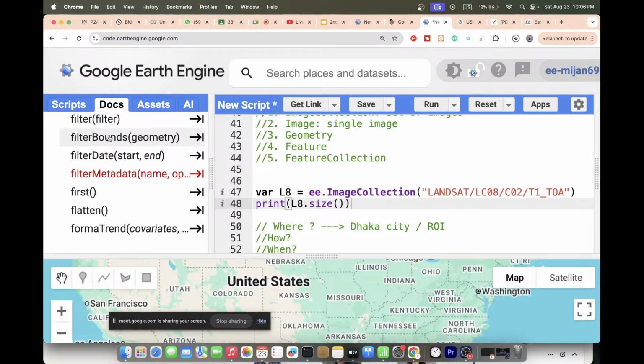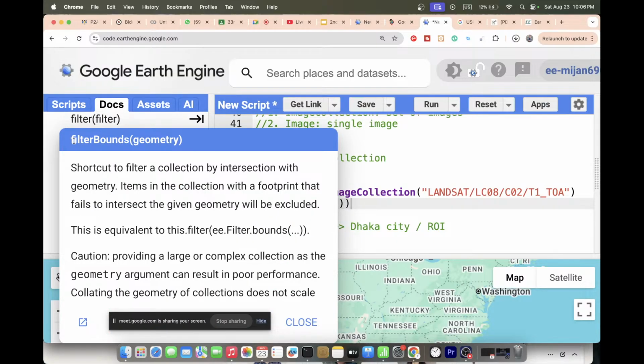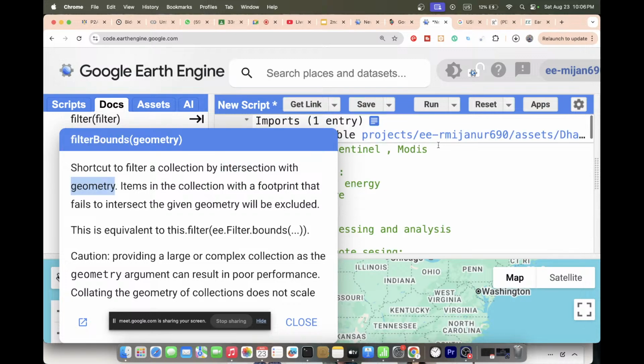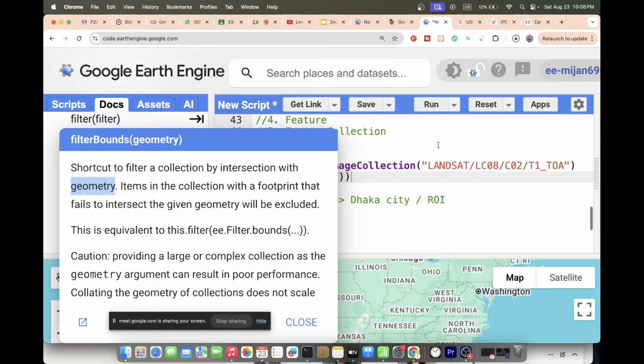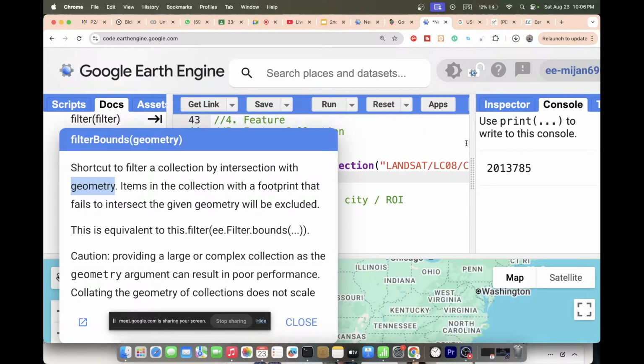So this is the filterBounds function. Mainly it's a shortcut to filter a collection by intersection with geometry. In this case, my geometry is Dhaka city. Okay, and I have this large number of images in the collection. But now I want to intersect with my geometry and check how many images are available in the Dhaka city boundary. Okay, so I need to use the filterBounds function. Just I copy filter